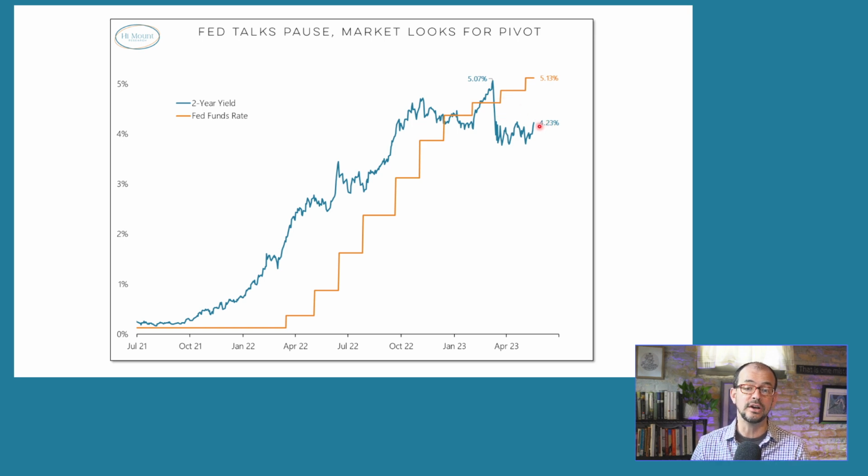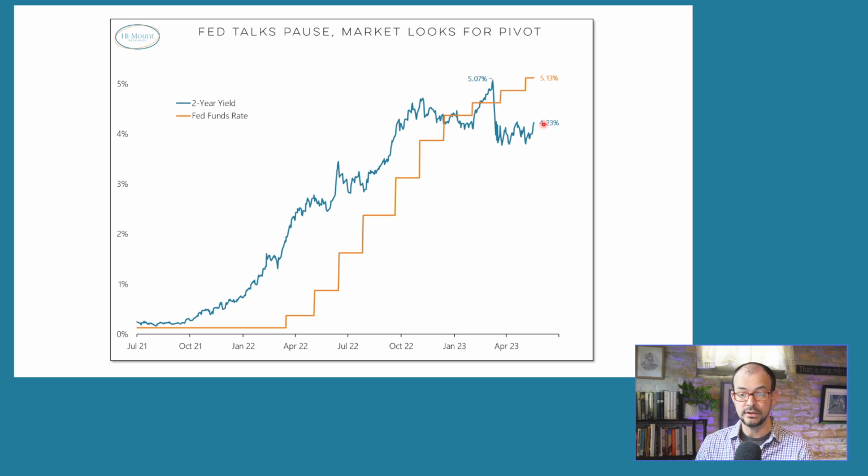The market's starting to believe, I think, that the Fed is serious about keeping rates higher, and might even have to continue to raise rates at their June meeting. That's the talk now among the Fed speakers, and those expectations for rate hikes at the June meeting are starting to rise.